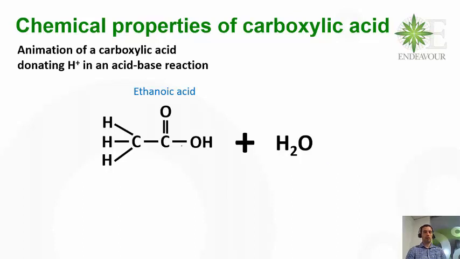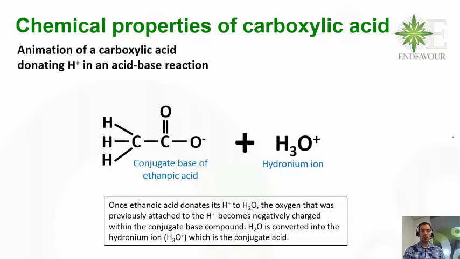So initially we've got our ethanoic acid with its H+, and we've got water, H2O. So the first thing that will happen is the H+ will detach from ethanoic acid. So you can see the result of that. We've now got an oxygen that has the extra electron, and we've got a separate H+. So that H+ will then move over onto the base, which is the H+ acceptor,